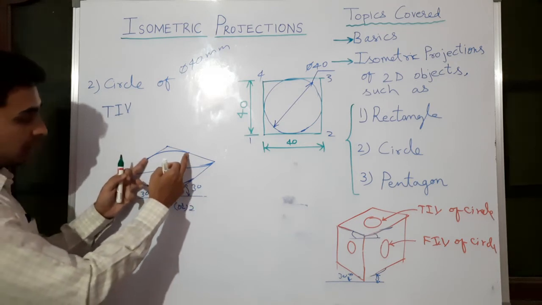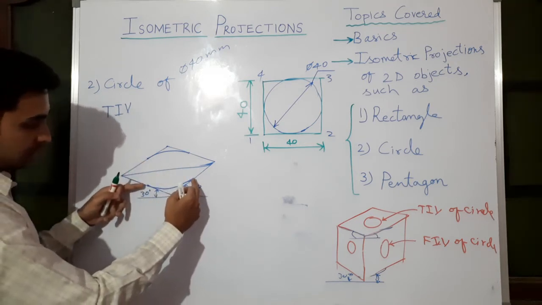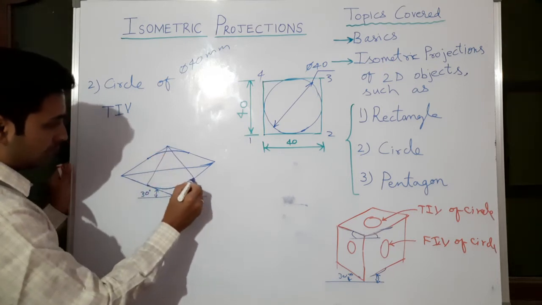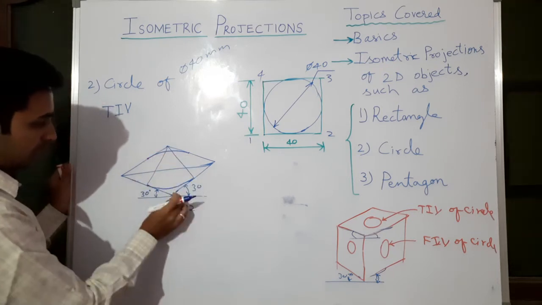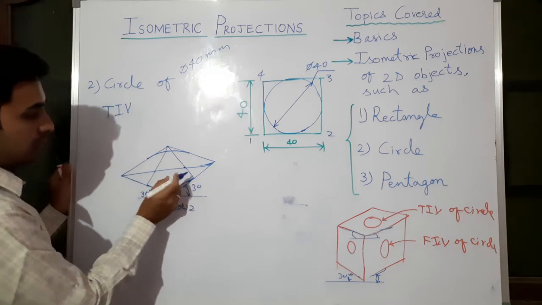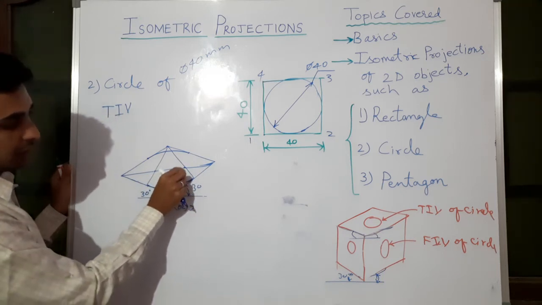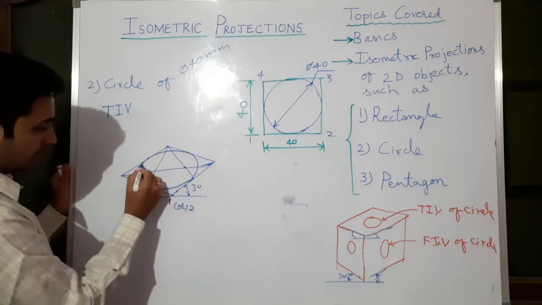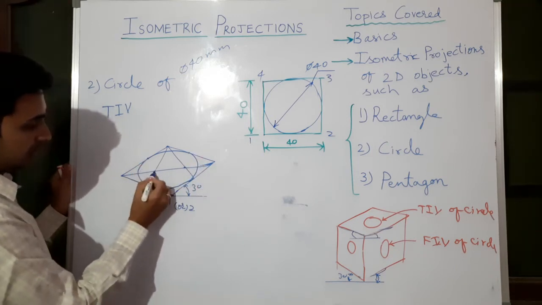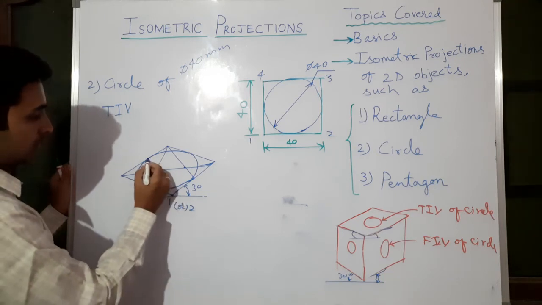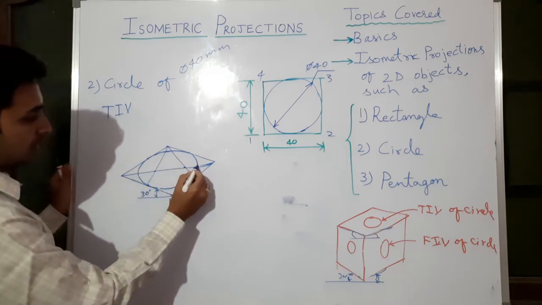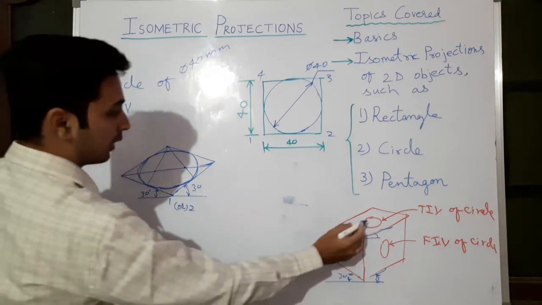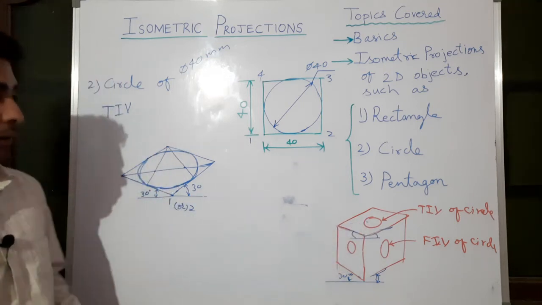Endpoints of this upper curve you join here, or endpoints of this lower curve you join here, the meaning remains the same, either or. You can take these 2 points also here, it will go to the same point. Now this point as center, the radius is from here to here, draw another arc like this. And here also center, radius like this, another arc. So this is your required shape of the circle in top isometric view, that is this one. Okay, this is the procedure to draw a circle.